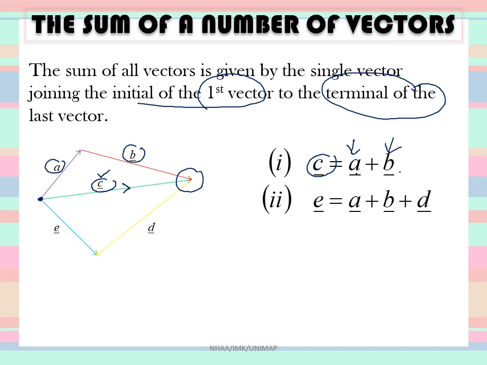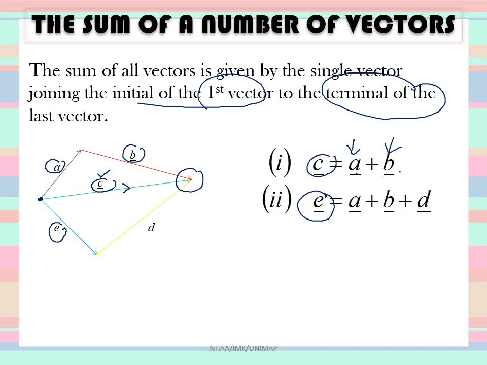For example, number 2 here, where E is the single vector produced from the summation of vector A, vector B, and vector D. So let us look at single vector E. Note that this is the single vector E. E is the resulting vector from the summation of vector A here plus vector B here